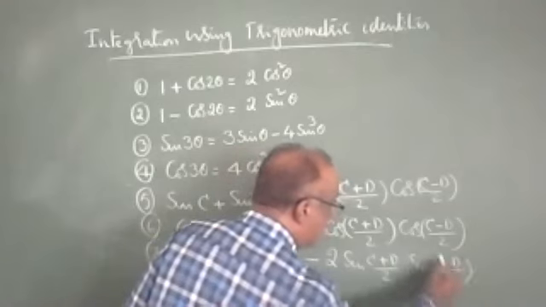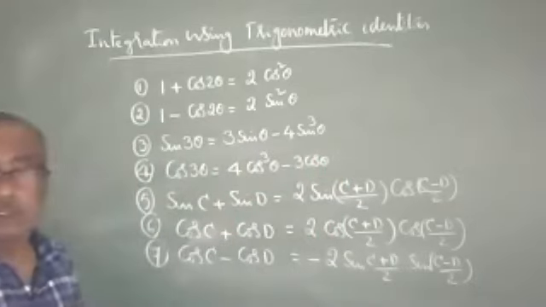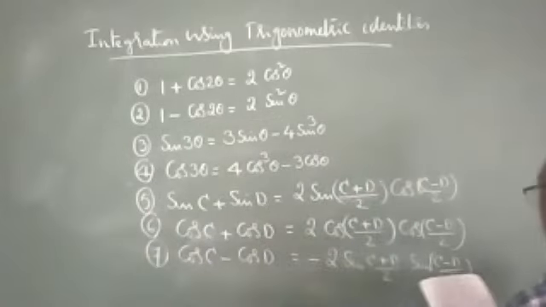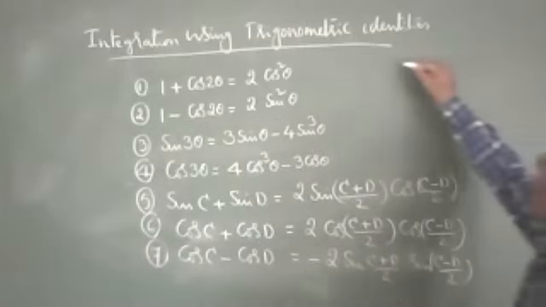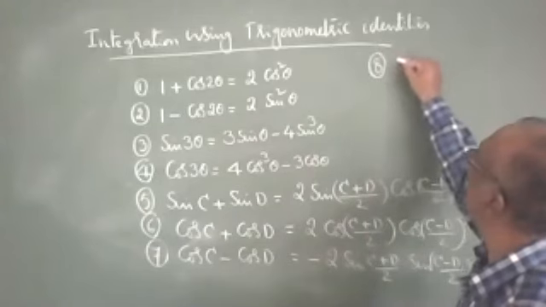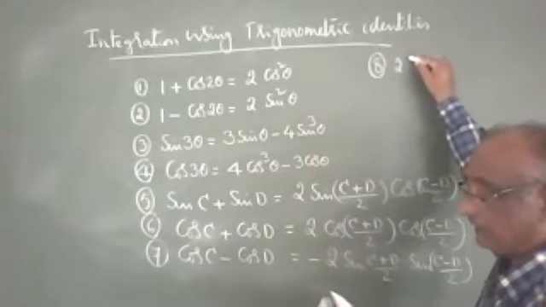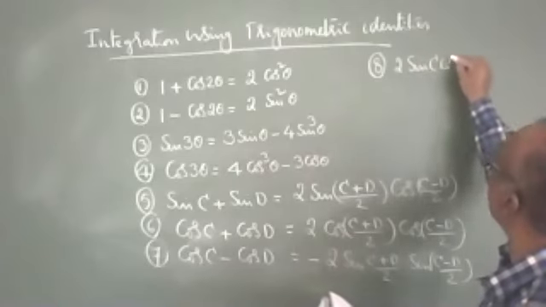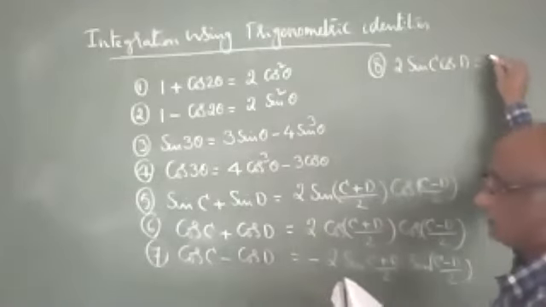Eighth formula: 2 sin C cos D is equal to